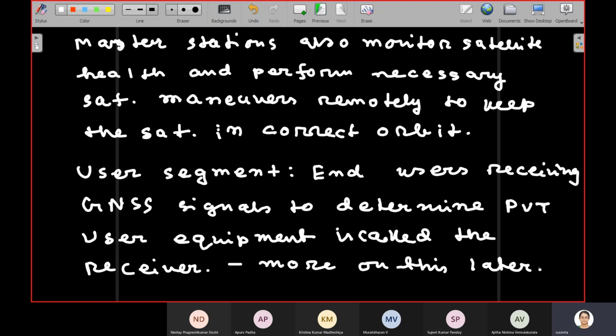Okay, so these are the three segments. Now in this class we are going to briefly talk about the space segment of GPS and IRNSS. So we'll discuss how the satellites are placed in orbits, briefly about the orbits, and then the orbital parameters. Following this, we'll talk about the signal characteristics, signal structure, and unique property of code, which allows us to uniquely